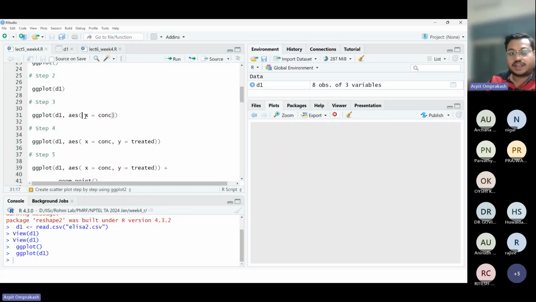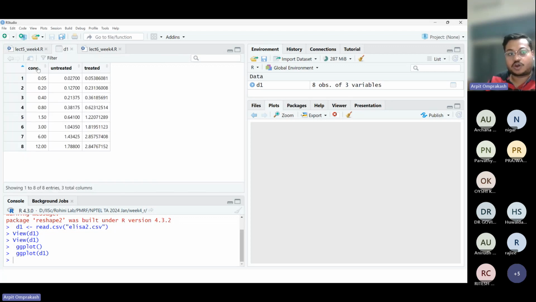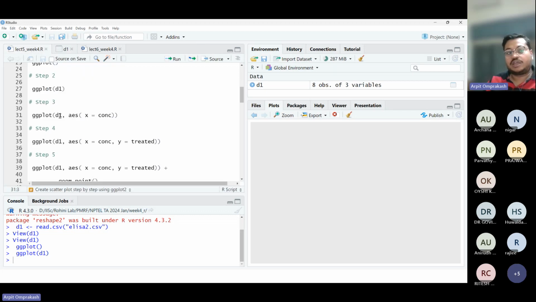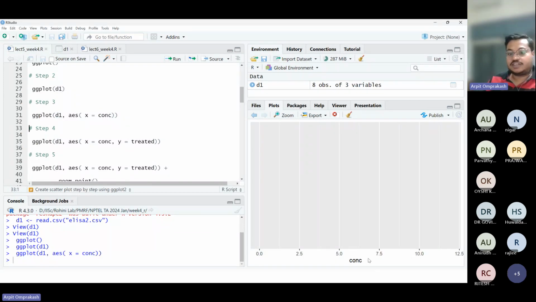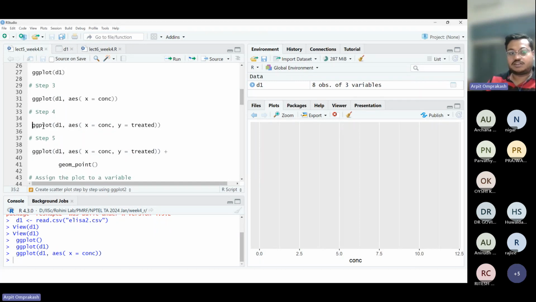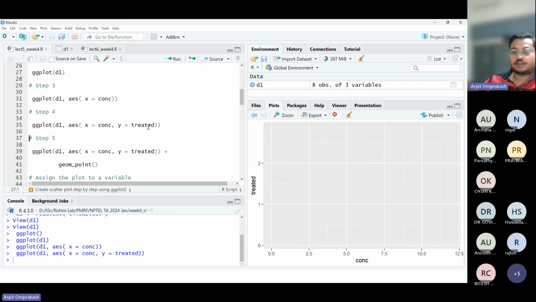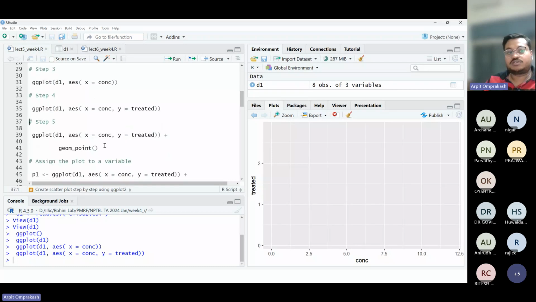So aes, and in brackets, we provide that x is equal to concentration, so the name of the column. So on the x-axis, we want concentration, is what we are telling ggplot, and the data is D1. If we run this, we see that we have an x-axis now, which is concentration, but nothing else. Again, we provide a y-axis, treated. Now we have an x-axis and a y-axis, but still we don't see the points